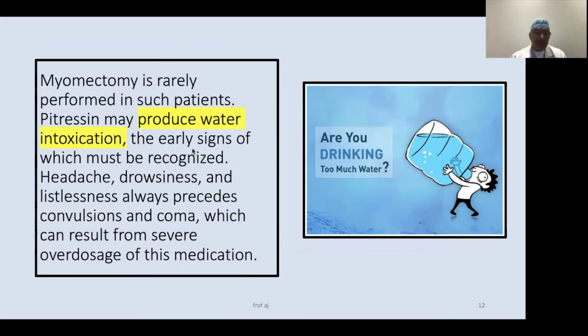As I mentioned, 20 units is more than enough. You should not use more than 20 units. Definitely some people respond differently to different doses. The most direct method to minimize the blood loss by using